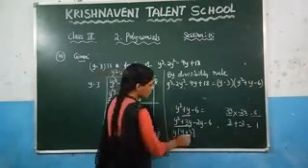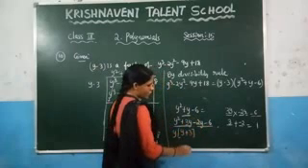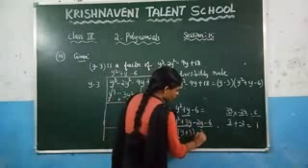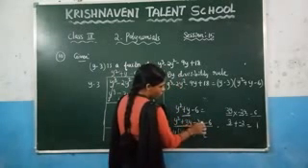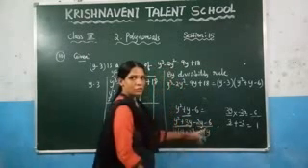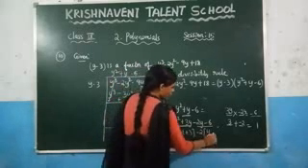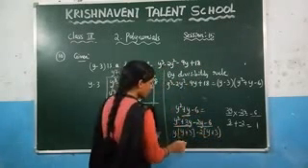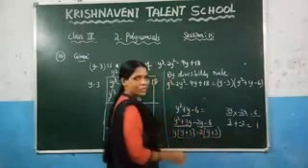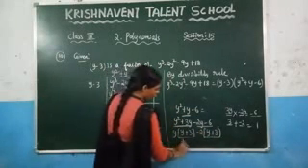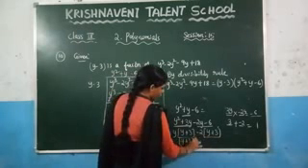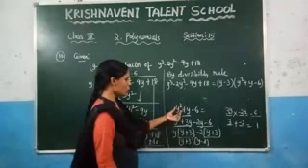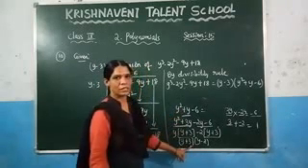Now clearly you can observe that if you take these two values, you can take 2 as common. If you take minus 2 as common here, what is left out? y. And if you take minus 2, what is left out here? Plus 3, because you know that 2 into 3 is 6. So here y plus 3 is there, here also y plus 3 is there. You can take that value as common, you will get y plus 3, and what is left out here is y, and here minus 2. So we have written this quadratic polynomial as a product of two linear polynomials.